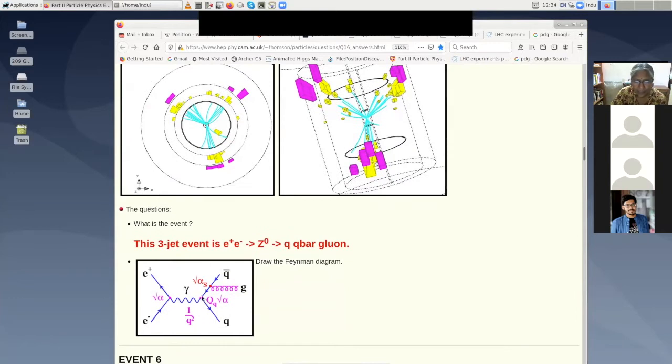So E plus E minus goes to q q bar. And any one of the quarks could have also emitted a gluon. Now, I just told you that the probability of a muon emitting a photon is very small because it's down by a factor alpha, which is 1 by 100. But here, alpha strong is very large, it's 0.1. So about 10% of the time, you will actually see three jets. And in these three jets the total momentum will add up to 0. And the third jet actually is a gluon jet.